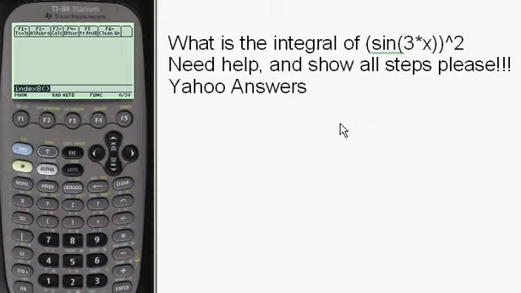You can see the problem. What is the integral of sine squared of 3x? This person needs help, and he wants me to show all the steps. Of course, I always do that. This is from Yahoo Answers,